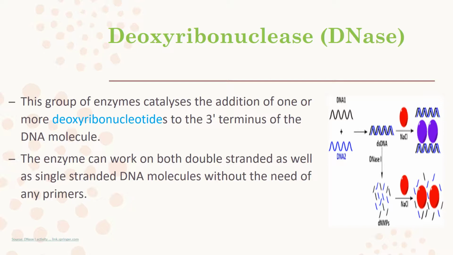Deoxyribonucleases can catalyze the hydrolytic cleavage of phosphodiester bonds in the DNA backbone. Based on the position of action, these enzymes are broadly classified as endodeoxyribonucleases, which cleave the DNA sequence internally, and exodeoxyribonucleases, which cleave the DNA terminally. Unlike restriction enzymes, DNases do not have any specific recognition site, and they can cleave the DNA sequence at random locations. There is a variety of deoxyribonucleases known which have specific substrate specificity, chemical mechanism and biological functions.